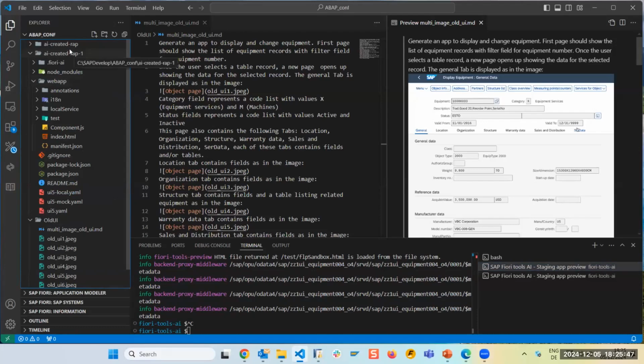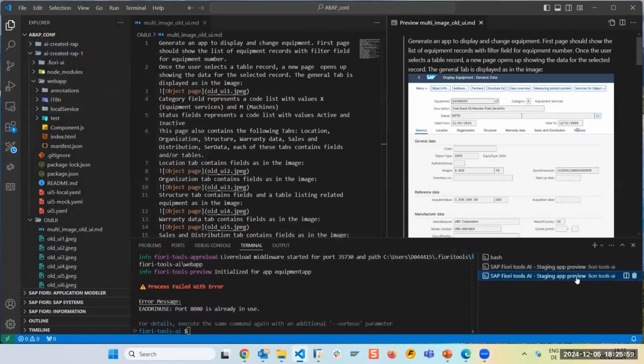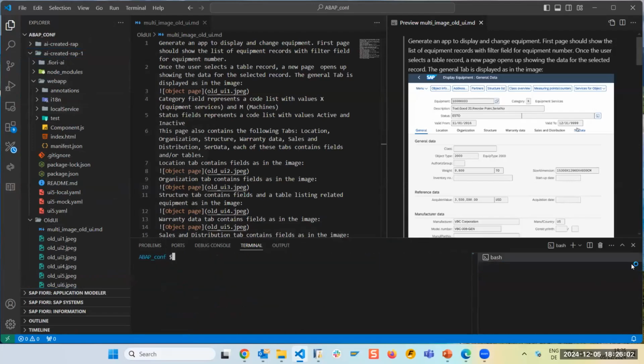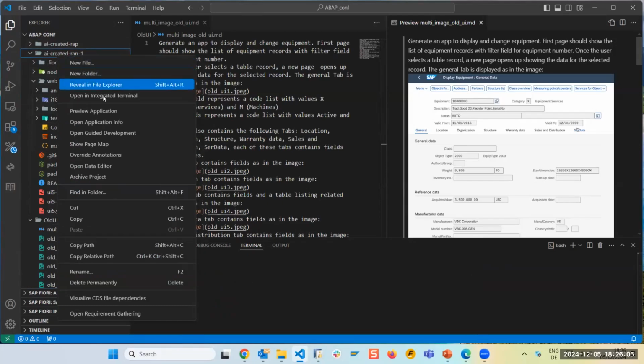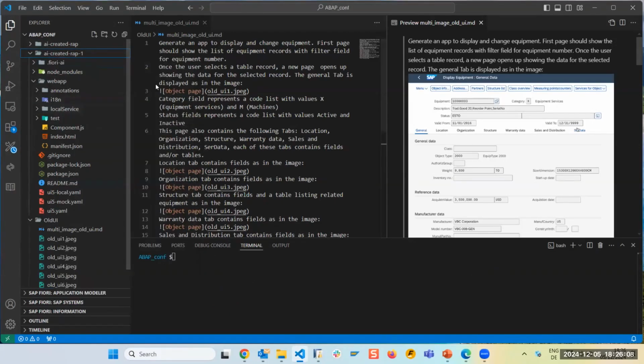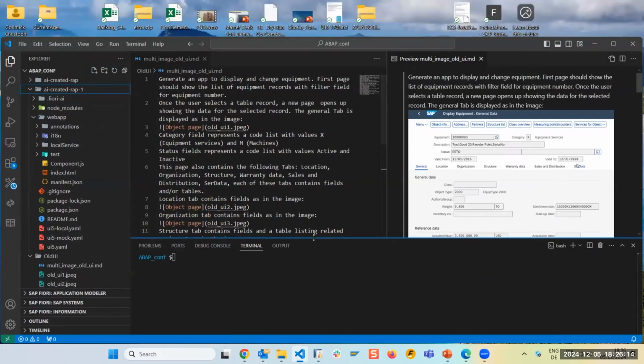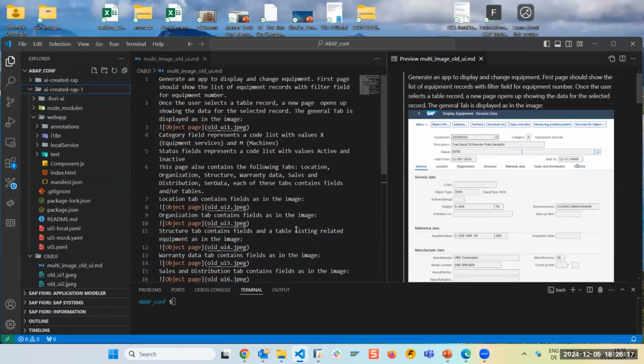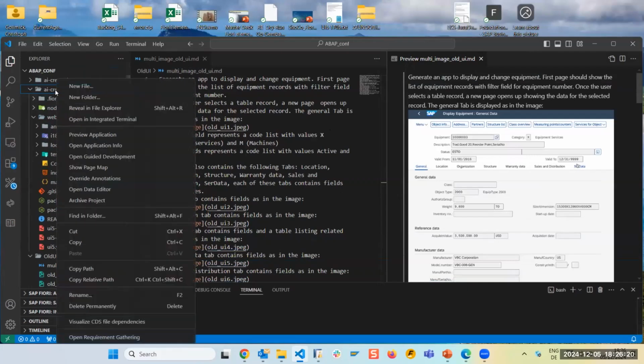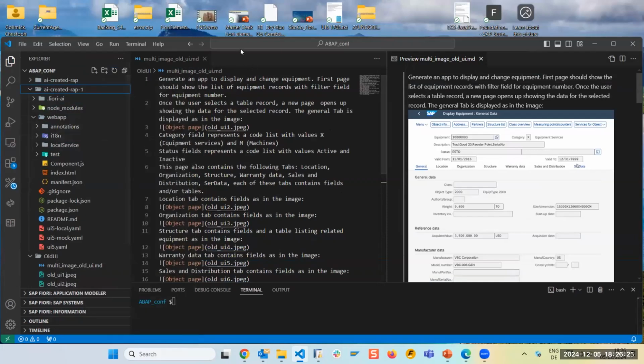Maybe it's faster when I'm doing it from here. It doesn't want to show it. That's bad. Looks like my Visual Studio Code doesn't look good.